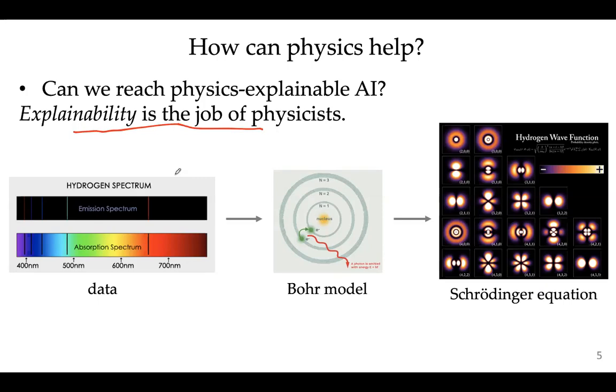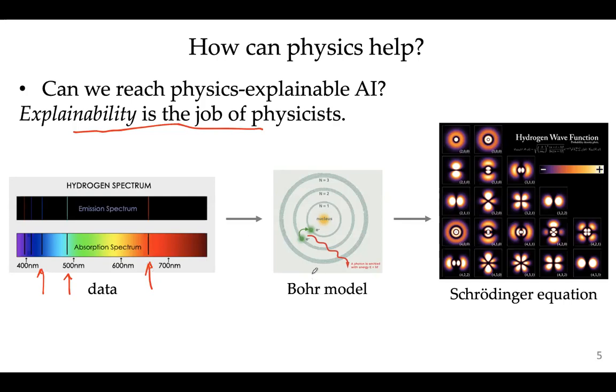If I give the example of quantum mechanics, more than 100 years ago there was this data: when they looked at the absorption spectrum of a hydrogen gas, they figured out that there are certain wavelengths where the gas absorbed the light. That was the data. There was no quantum mechanics back then, and the only thing physicists knew was that classical physics was not able to explain this.